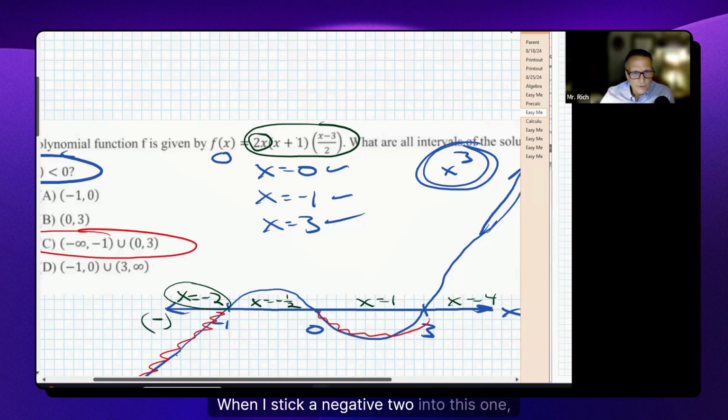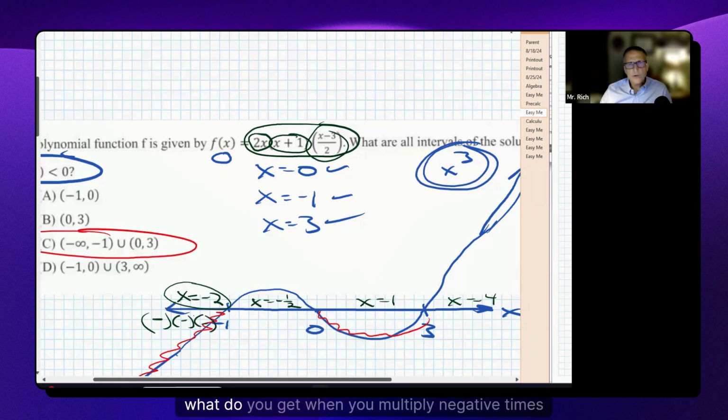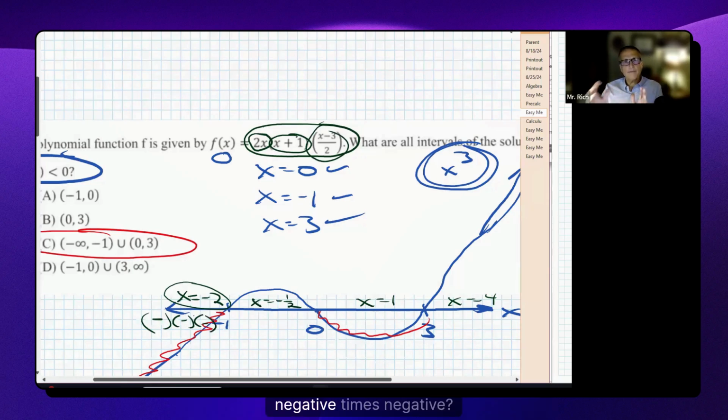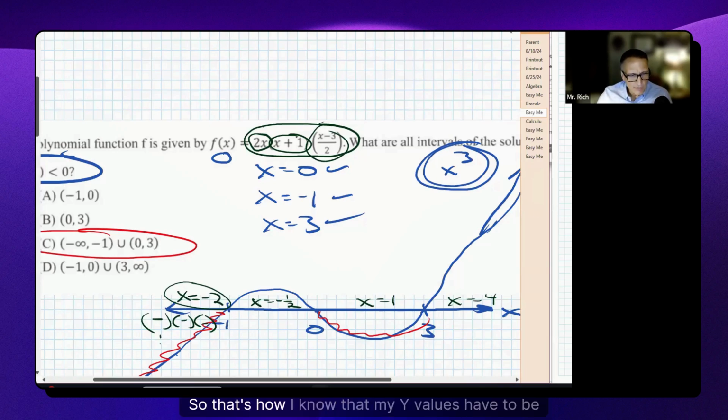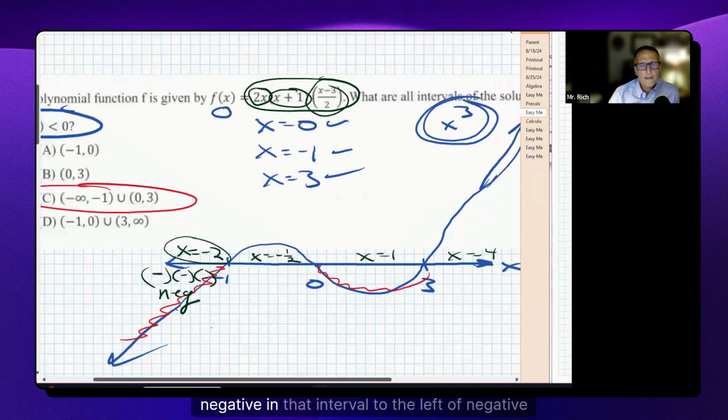When I stick a -2 into this one, it's also going to be negative, because it'd be -2 plus 1. So it's a negative times a negative. And then when I put -2 here, -2 minus 3 is -5. It's also negative. Well, what do you get when you multiply negative times negative times negative? That results in a negative answer. So that's how I know that my y values have to be negative in that interval